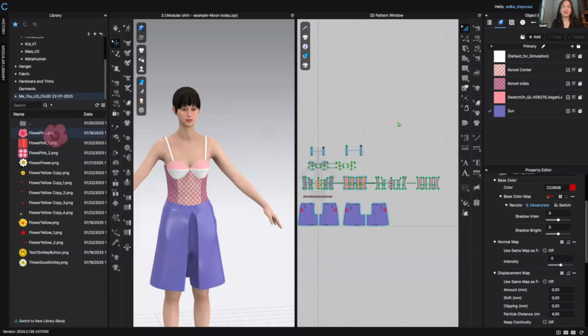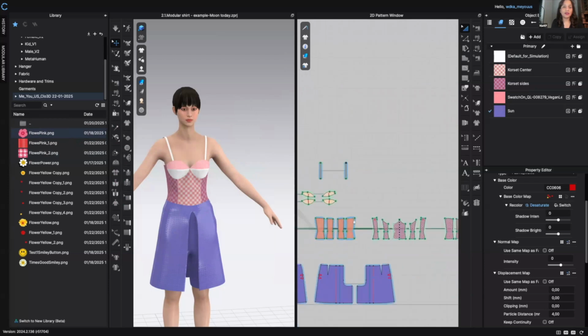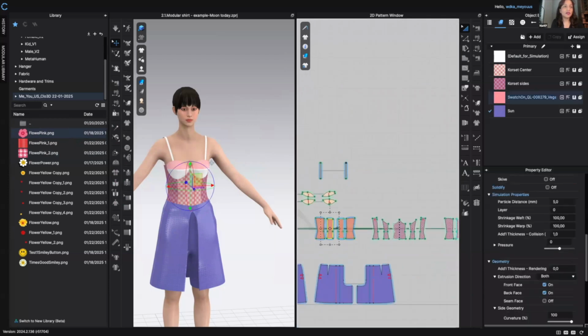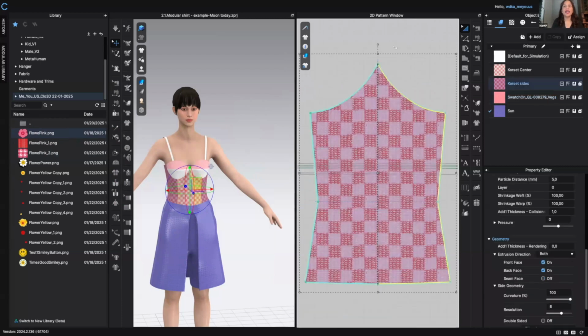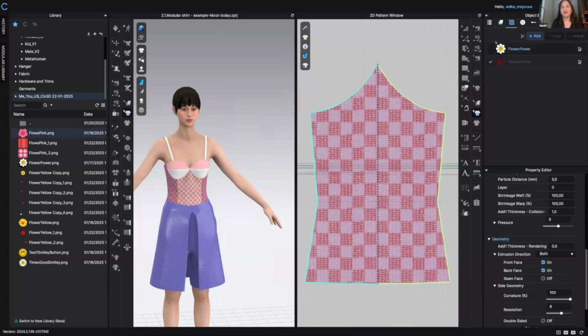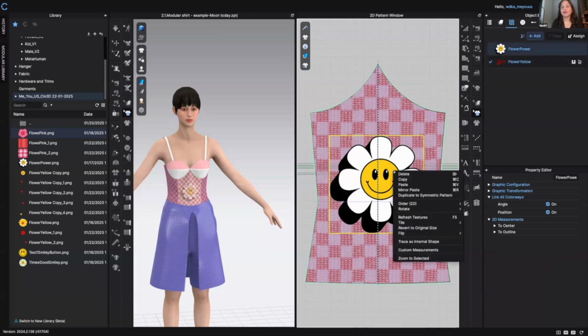But the last thing that I wanted to show about this is that if I go into the 2D window and come to a specific pattern piece, for example here in the front, and press F for focus, I would like to bring in this graphic that I made from the flower. I could select the flower and drop it. But I don't want the flower there just yet. I would like to make a pattern of this piece. So I drag and drop it on the pattern, and then I can right click, and you can say with the editing tool,